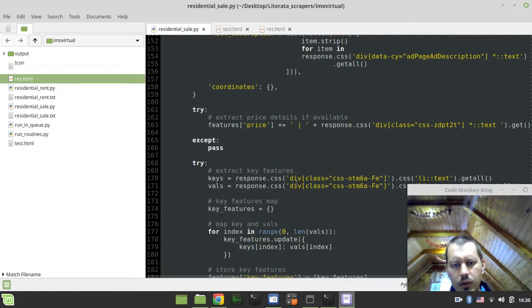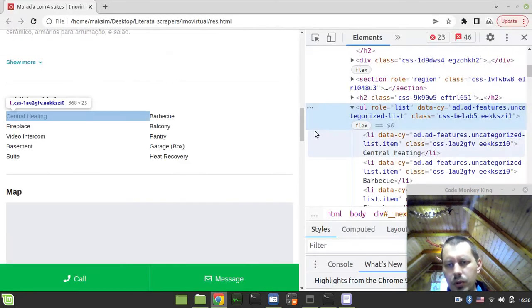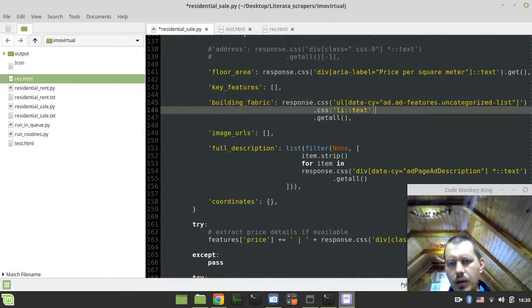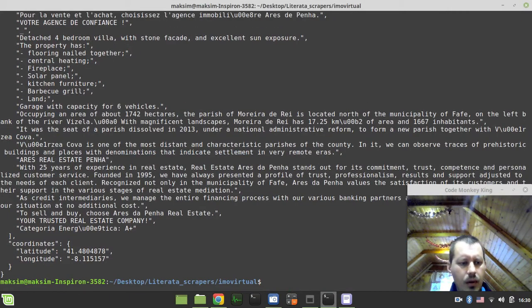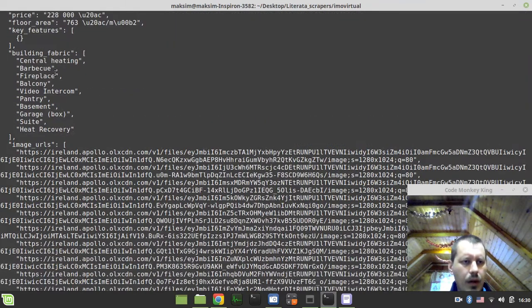Copy, and let's try to print this. Extract coordinates, key features. Yes. For instance, here for building fabric. So this is gonna be response user list, like this, and then list text. Not really sure, but yes, built-in fabric.